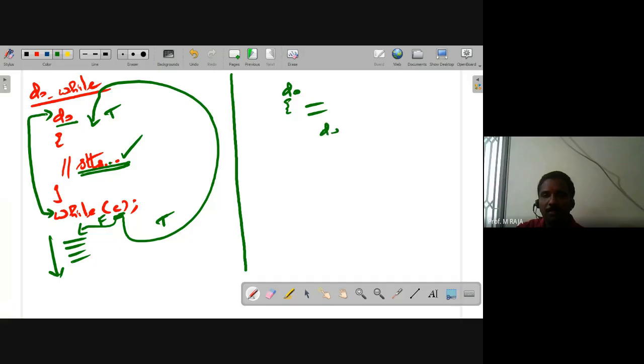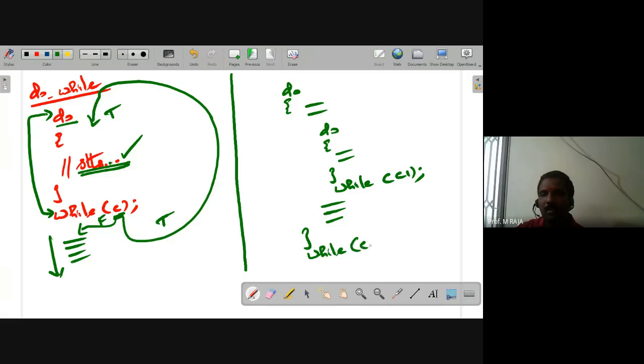Then after some statements, I put do, opening curly brace, closing curly brace, while inner condition, for example, C1 semicolon, then some statements, outer closing curly brace,